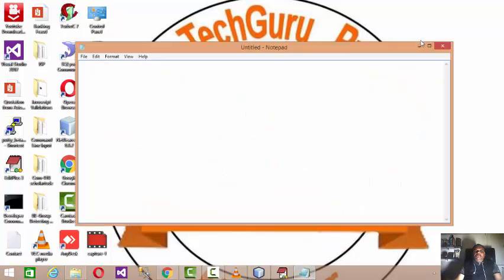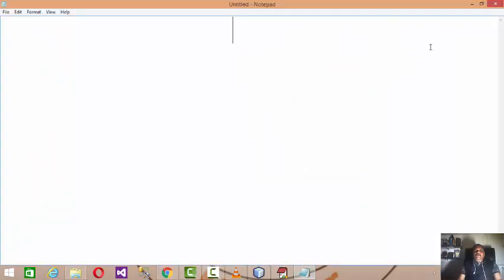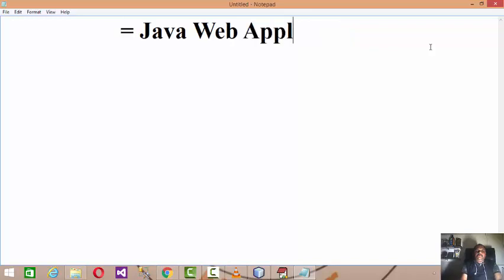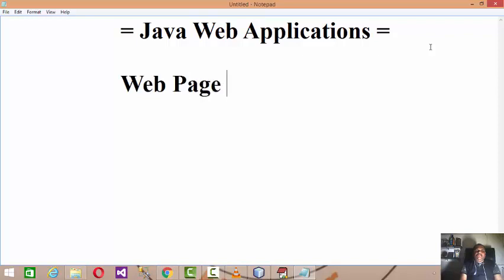Now, up till now, we were discussing how we can develop Java web applications. For producing Java web applications, we initially discussed how we can develop a web page, right?